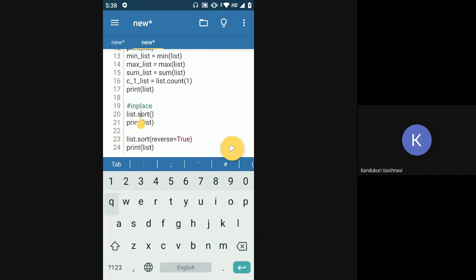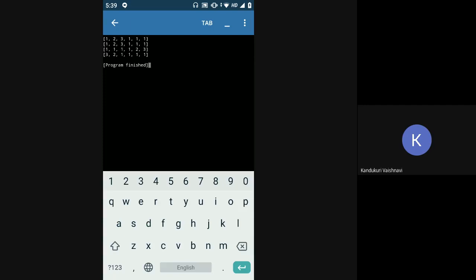It will sort our list in place in ascending order. The elements you will get from the list will be in ascending order, right? Yeah, ma'am. And when you put reverse is equal to true, the sorting will happen in descending order. That means the elements will be reordered in descending order.